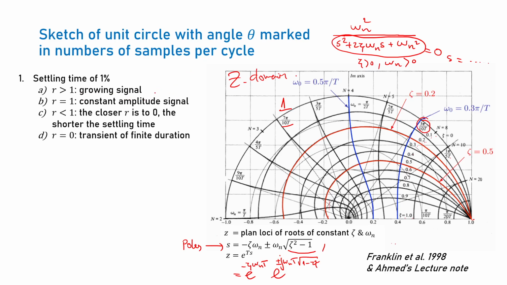So if it grows, there's no such thing as settling time or rise time, because it just rises all the time. For r equal to 1, which is constant amplitude 1, this is absolute r, supposed to be absolute r. Yeah, so if absolute r equal to 1, then you have